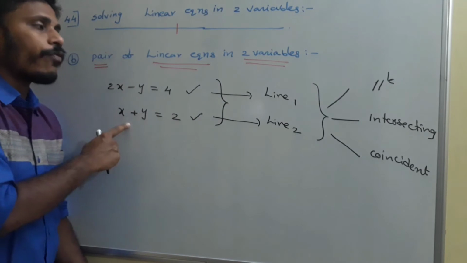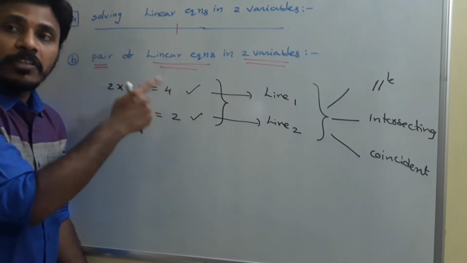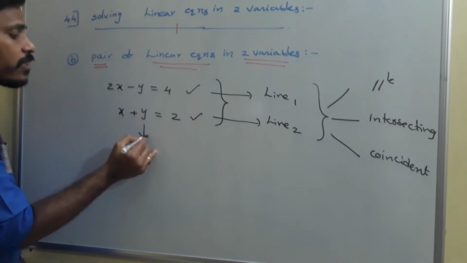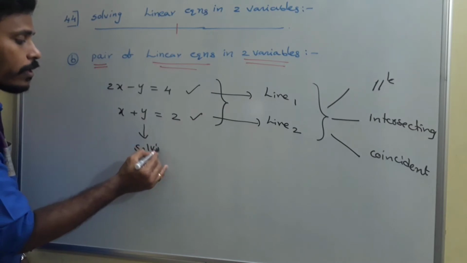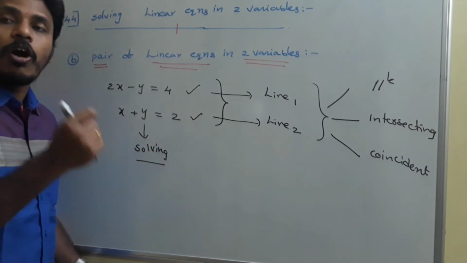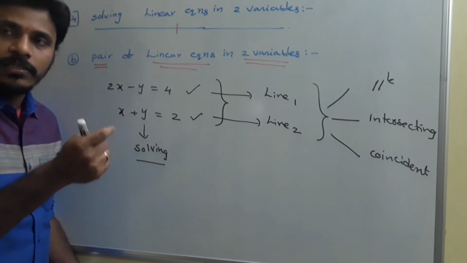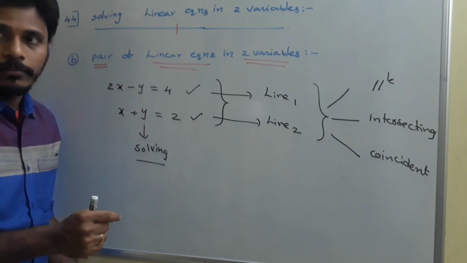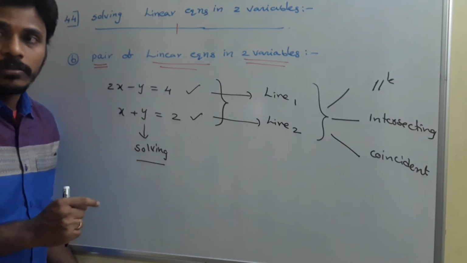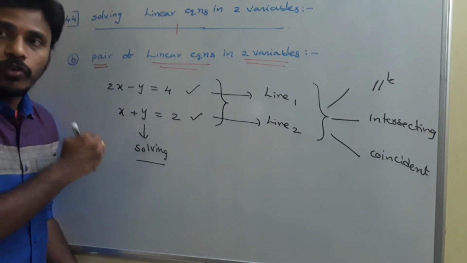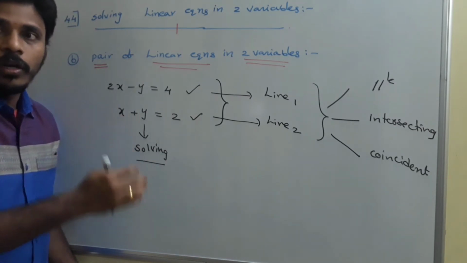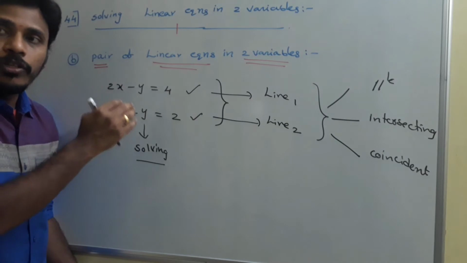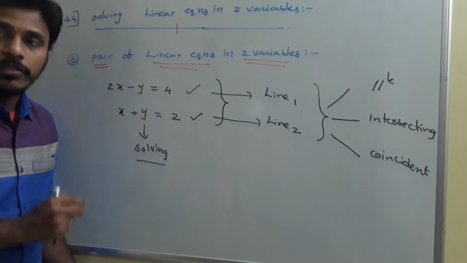I have a pair of linear equations in two variables. They represent two lines. The two lines may be parallel, intersecting, or coincident. And the next part is simply solving. Solving these two is simply nothing but finding a common point. Is there always a chance to find the common point? If they are intersecting, there is always a chance to find. If they are parallel, then we won't get the chance. There is no common point for the two lines. But usually we go with the procedure, and at the end we will conclude whether they are parallel, intersecting, or coincident, or we will conclude about this common solution for the pair of linear equations in two variables.